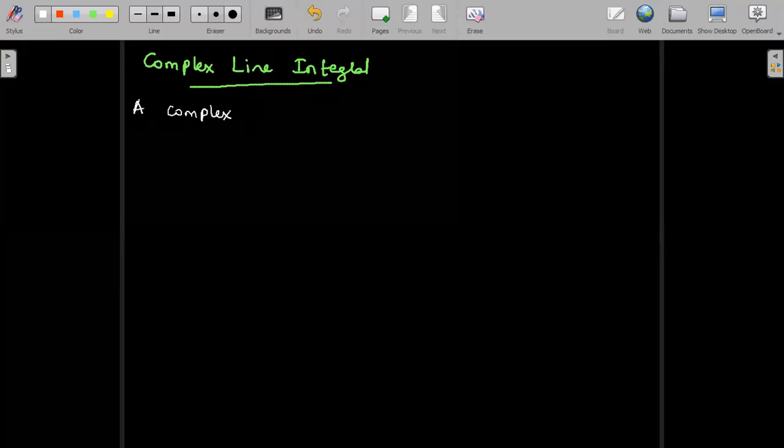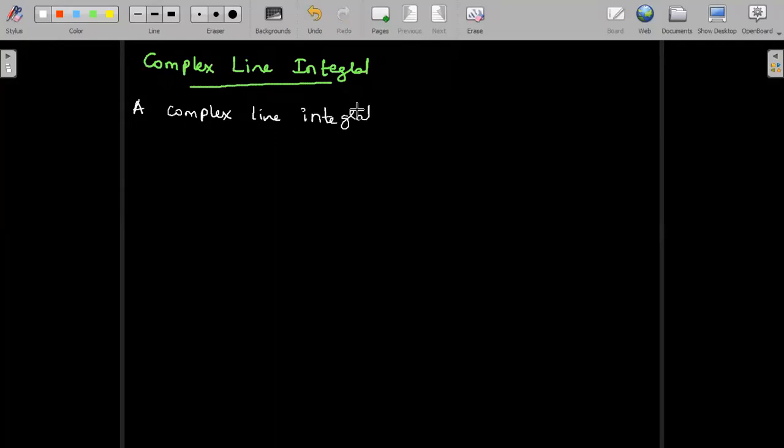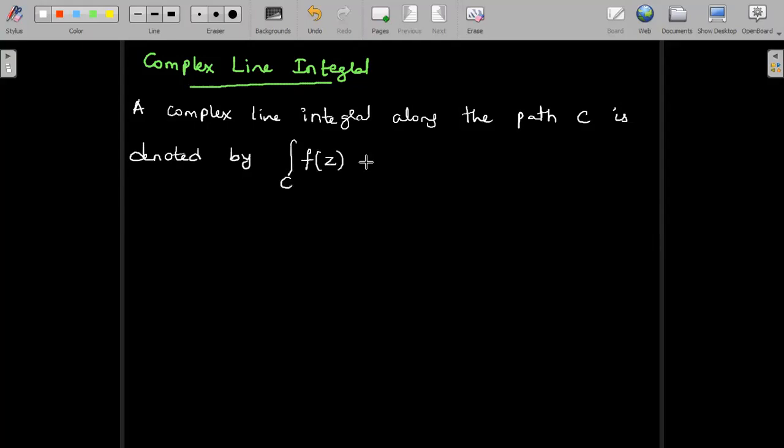A complex line integral along the path C is denoted by integral over C f of z dz,